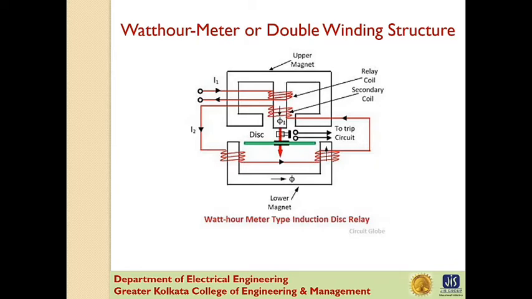An important feature of this type of relay is that its operation can be controlled by opening or closing the secondary winding circuit. If this circuit is opened, no flux can be set up by the lower magnet. However large the value of current in the primary winding may be, consequently no torque will be produced. Therefore, the relay can be made inoperative by opening its secondary winding circuit.